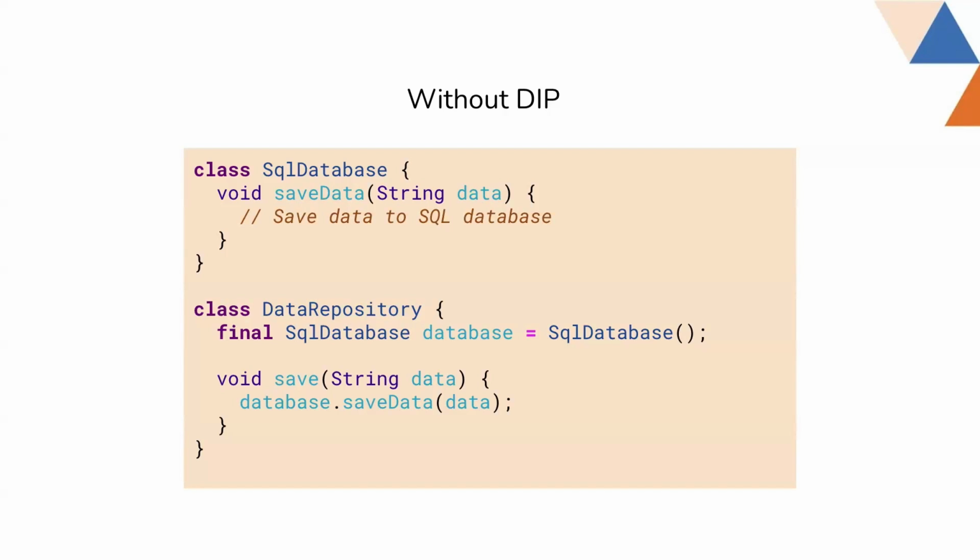So how is the principle not followed? We are completely dependent on the SQL database. It might seem like good code, and it doesn't break anything. But if we look more in depth, we are now depending on the SQL database,